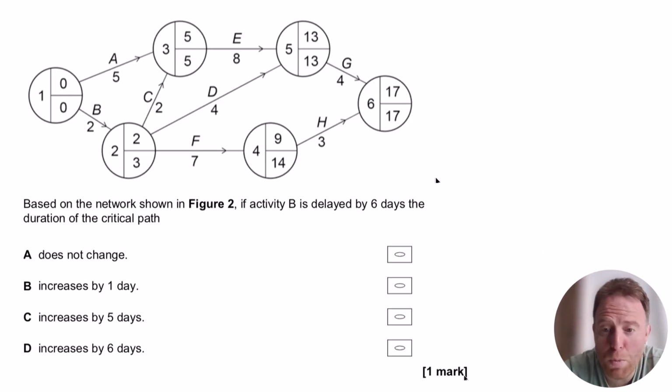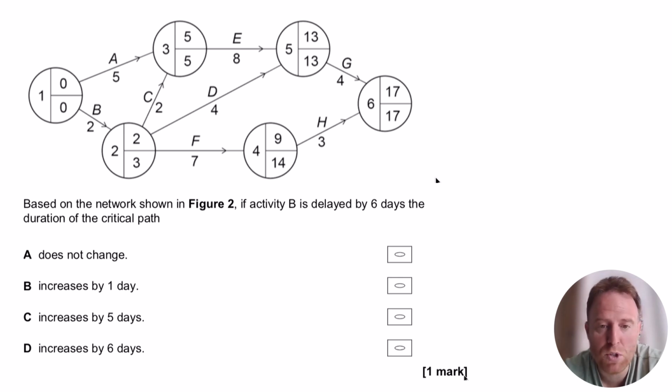So this is a multiple choice question from AQA, and to be honest, it's quite common in AQA. They're not going to ask you to draw a whole network model, but what they might ask you to do is change it based on a delay that's already taken place. So in this one, it says activity B is delayed by 6 days. I've also seen it before where it was in a 16 marker, and the 16 marker specifically asked you to look at or assess the consequences of a delay in a certain activity, and you had to then obviously recalculate it, work out if the critical path changed,